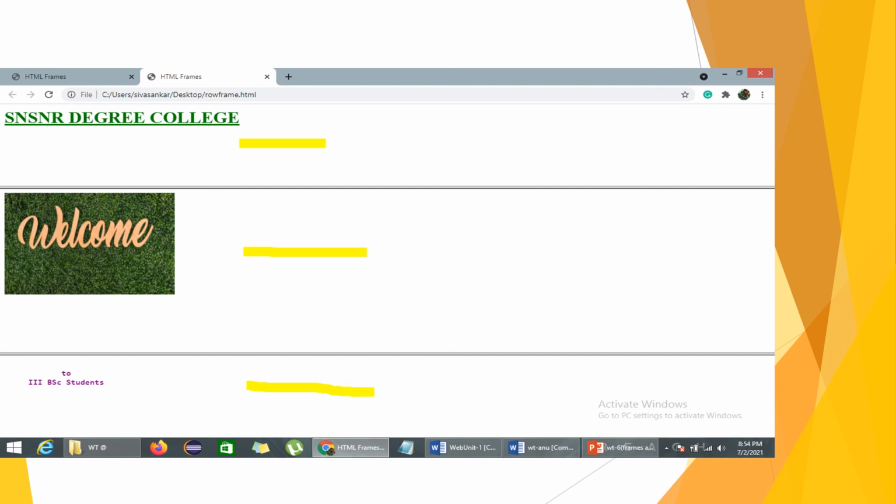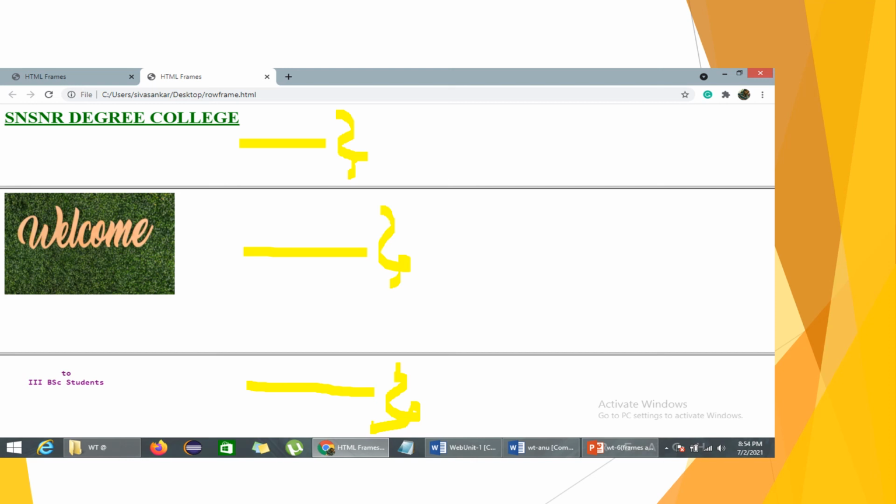I have developed these HTML documents separately, right? And I have created the window page by separating them horizontally using the rows attribute in the frameset tag.